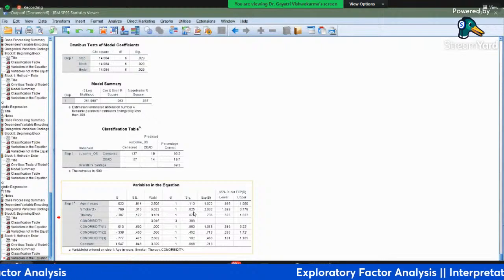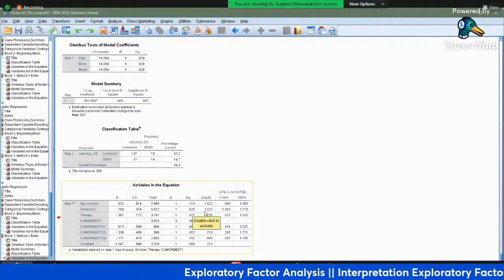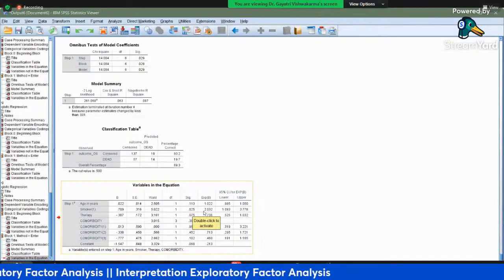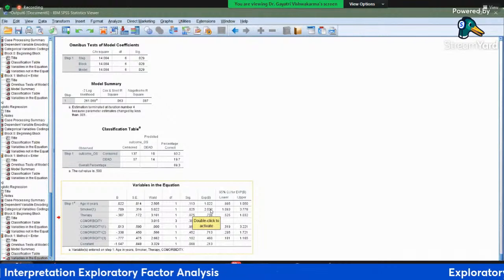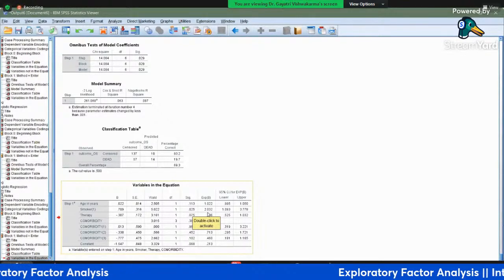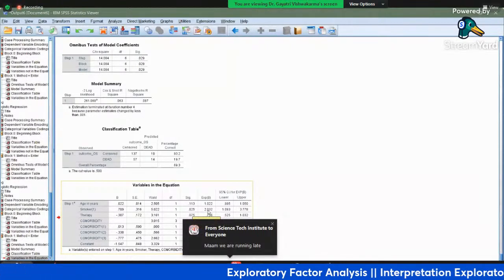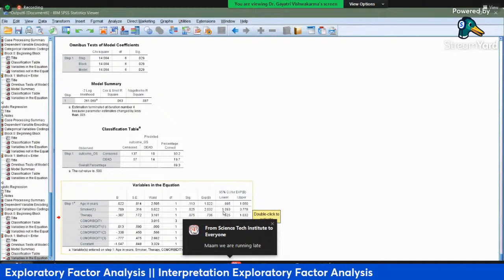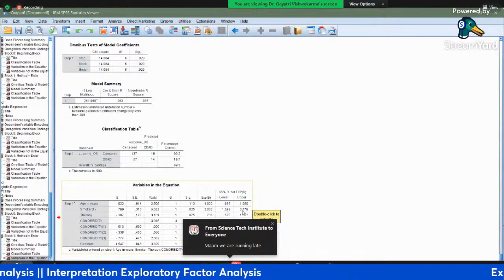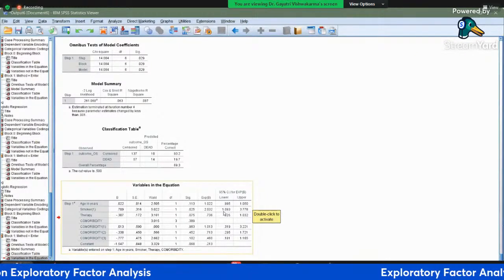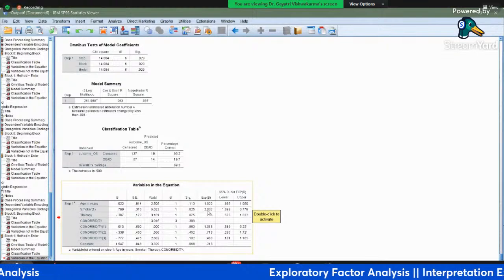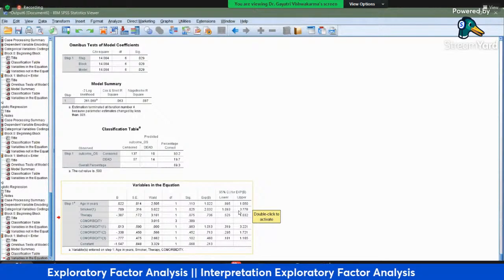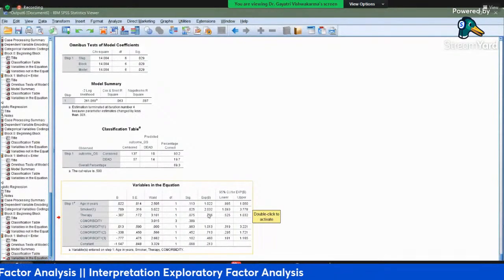So smoker, it is significant. So odds ratio is coming 2.03. So that means you have to say in our sample, those who are smokers are having 2 times the chance of death with lung cancer as compared to those who are not smokers, and which may range for the population from 1.1 to 3.78. So in our sample we have got 2 times, but population inference will be that it might range from 1.1 to 3.8.